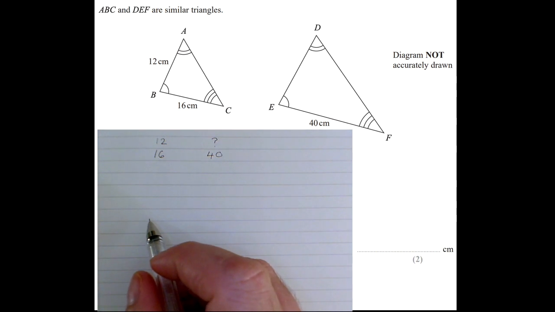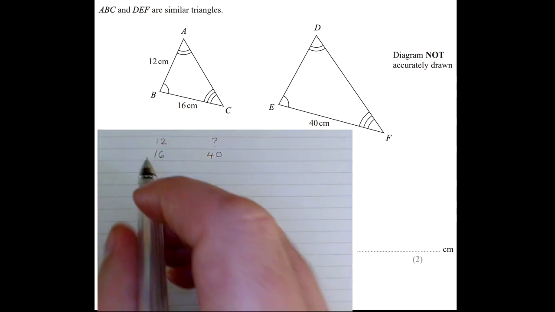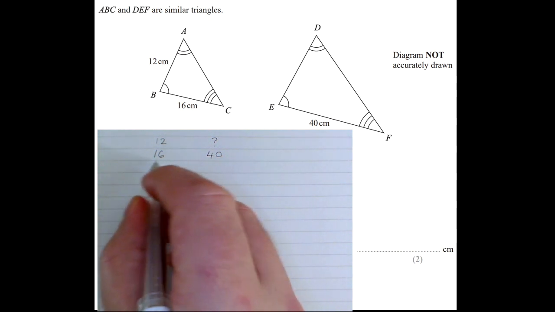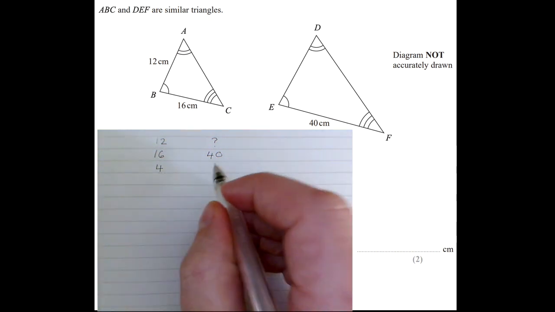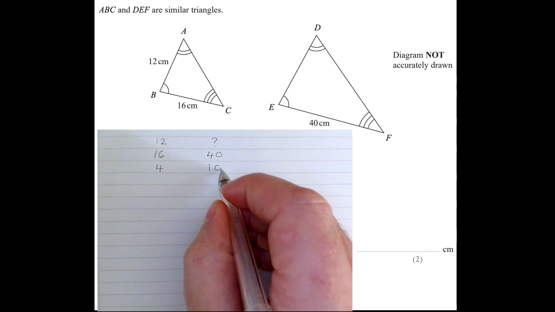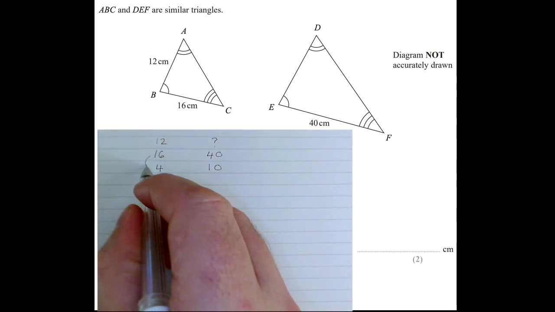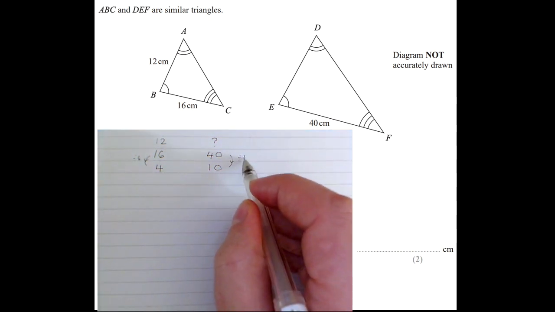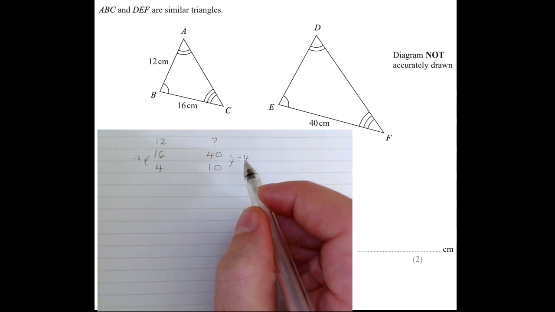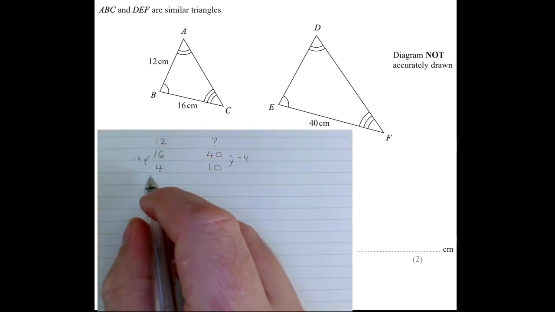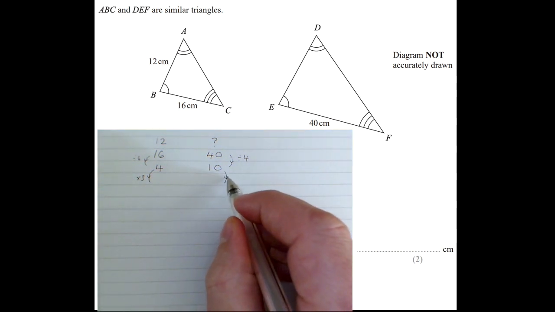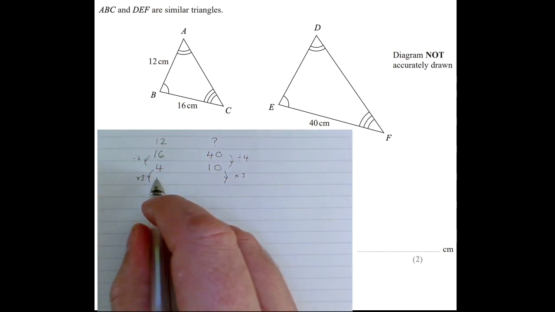So how do you get from 16 to 40? Well, we could just do 40 divided by 16 straight away, but what we could also do is muck around with this a little bit. I can divide 16 by 4, and I can divide 40 by 4, and I know that 4 can go to 12 by multiplying it by 3. So I think I can sort of engineer my way to finding what 12 turns into. So 4 times 3 is 12, and if I times both sides by 3,